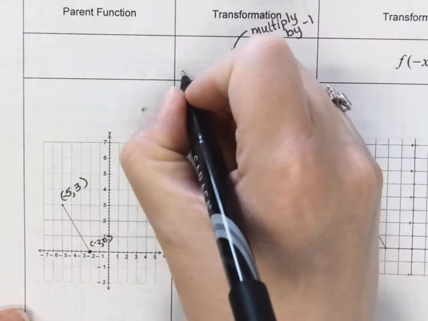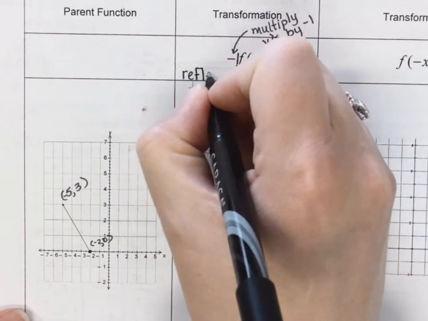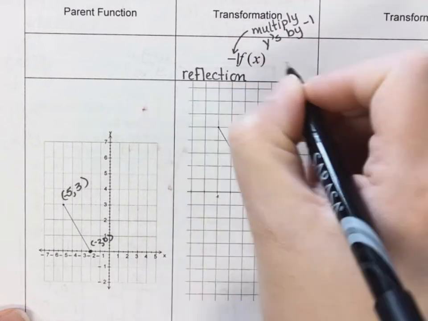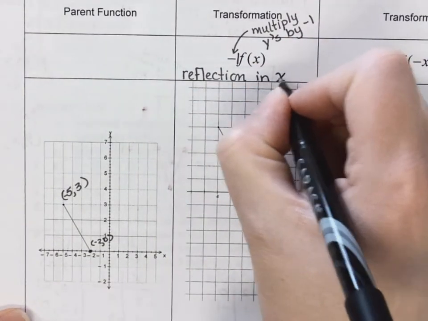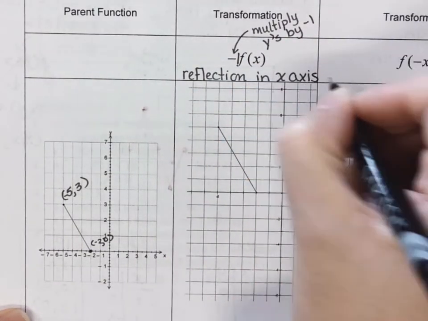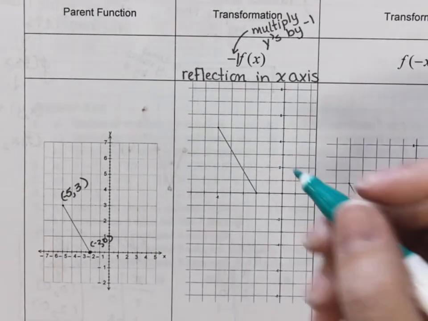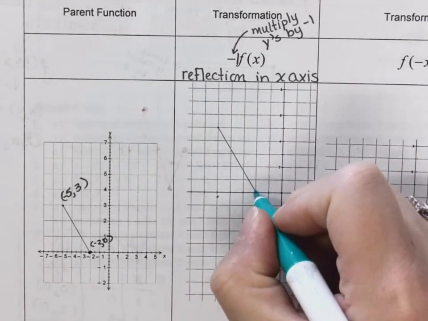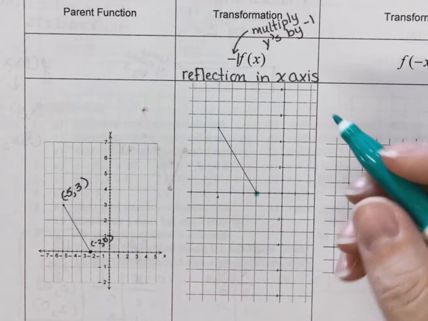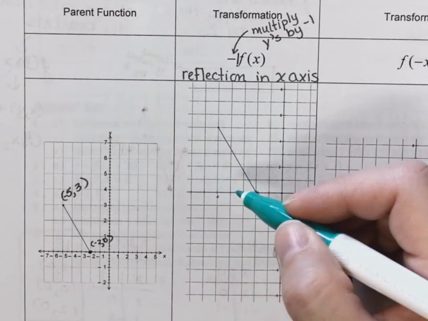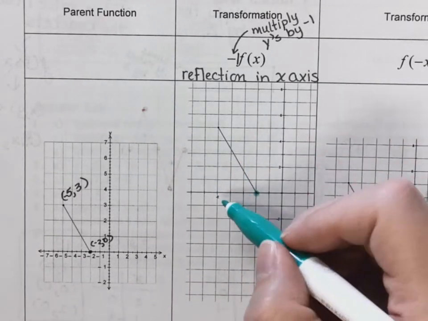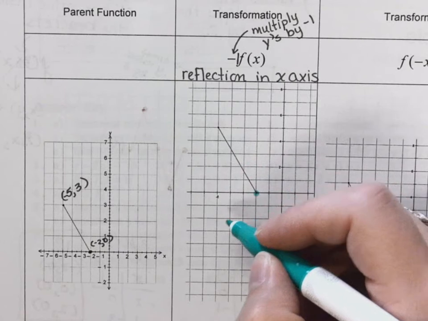So this is a reflection, right? So I'm multiplying my y's, but what happens when I graph that? So this point, -2, 0, stays the same. And now I'm going to be at -5, but now my y values are negative, so it's going to be at,